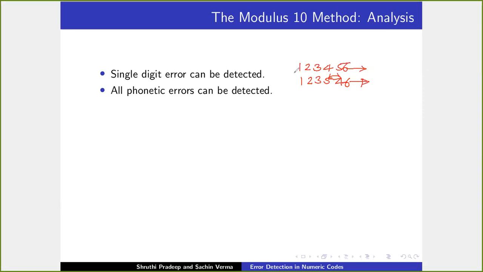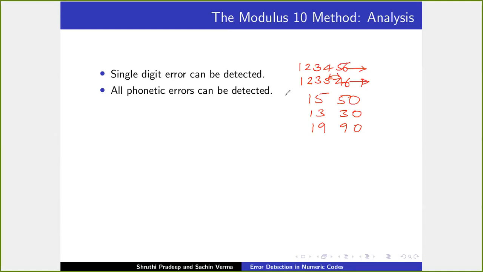Now in case of phonetic errors, as Shudis mentioned, he gave examples also of 15 and 50, and we can take more examples, 13 and 30, 19 and 90. These also we can find out because they're purely addition based. So for example this 6 and this 5, 4 and 3. Again, this type of error we will be able to detect with this modulo 10 method.